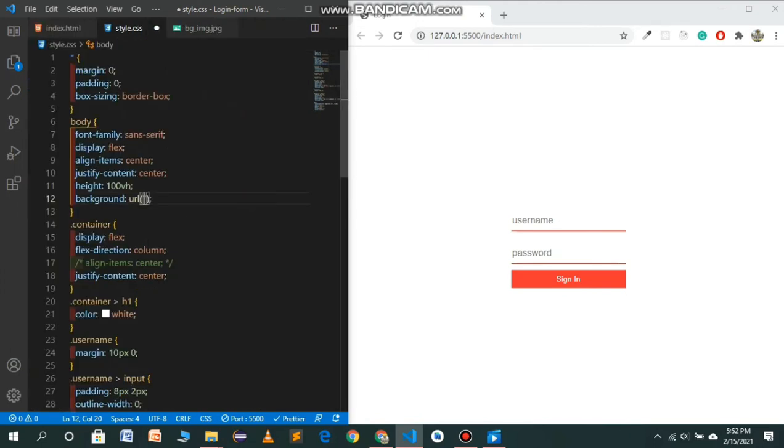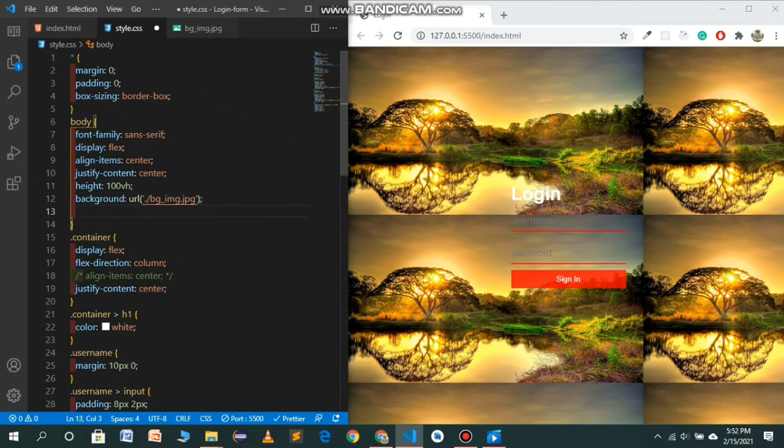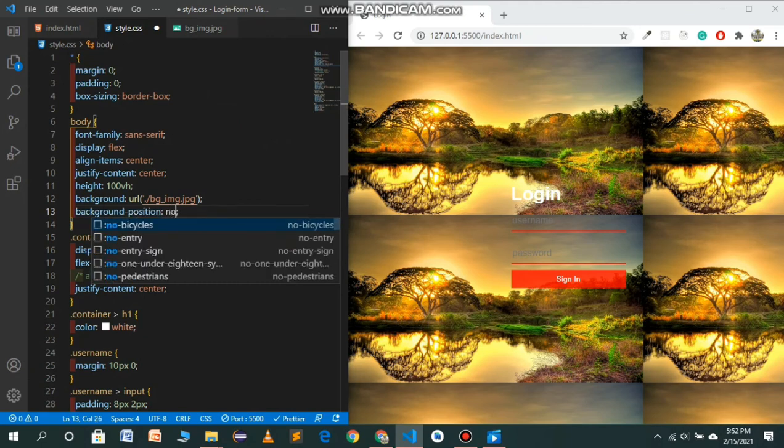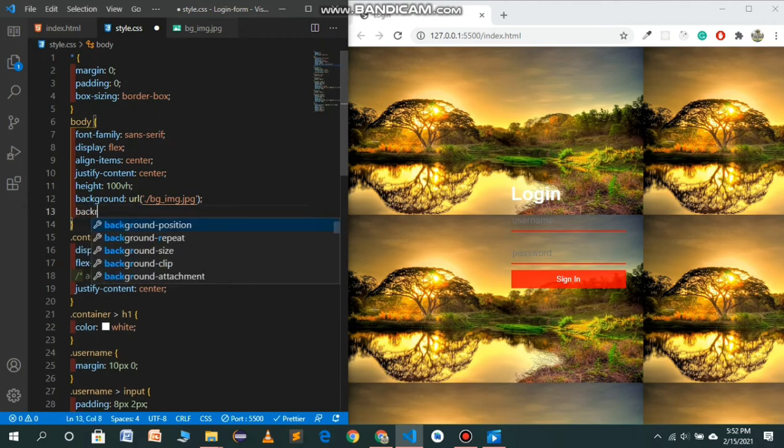So ./bg image, we have to use no repeat. Background position will be cover.